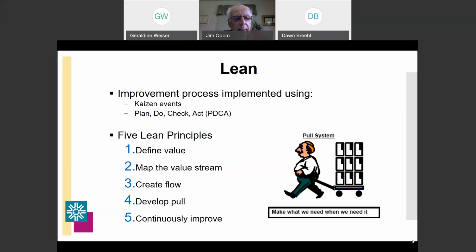We also look at value from the standpoint of non-value add. And non-value add are those 8 wastes that we talked about, the TIM WOODS, that occur. And then many of you are involved in processes. Back up there, Jerry.